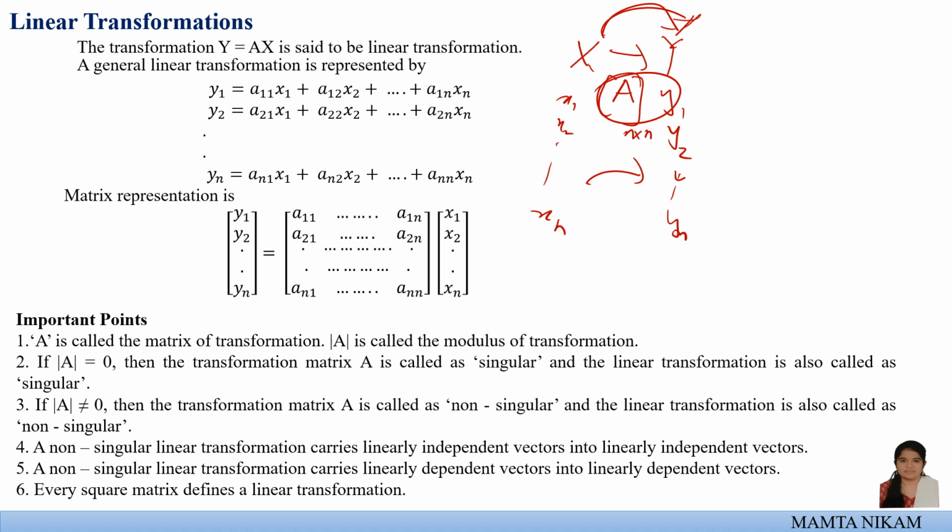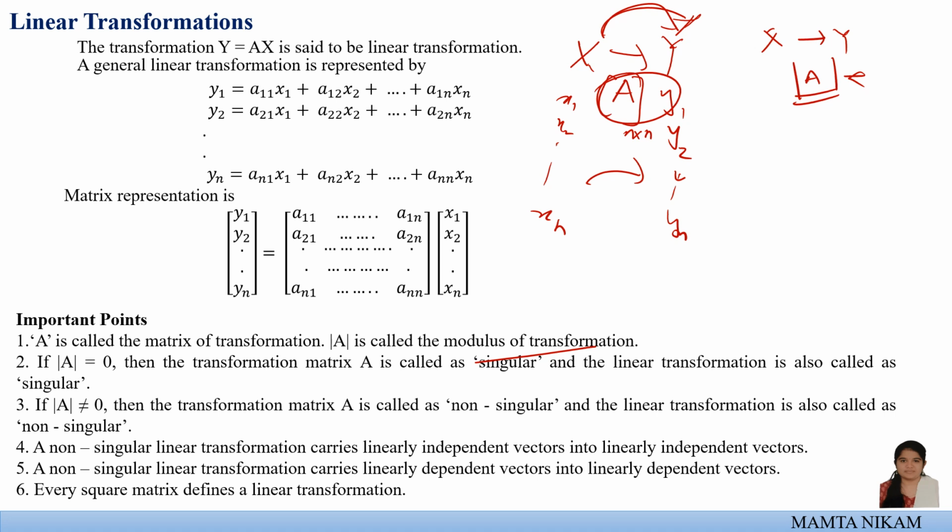Okay, so there are some important points which we need to discuss here. Given a matrix A of a transformation, then determinant of A is known as modulus of the transformation. Means जो मैट्रिक्स हेल्प कर रहा है ट्रांसफॉर्मेशन में, वो मैट्रिक्स अगर दिया गया है तो अगर उसका डिटर्मिनेंट लिया जाए तो उस डिटर्मिनेंट को कहा जाता है मॉड्यूलस ऑफ ट्रांसफॉर्मेशन। मीन्स व्हाट, here x is transformed to y with the help of A. So this is the matrix which is transforming these vectors. And if you take determinant of this matrix, इस वैल्यू को कहा जाता है मॉड्यूलस।